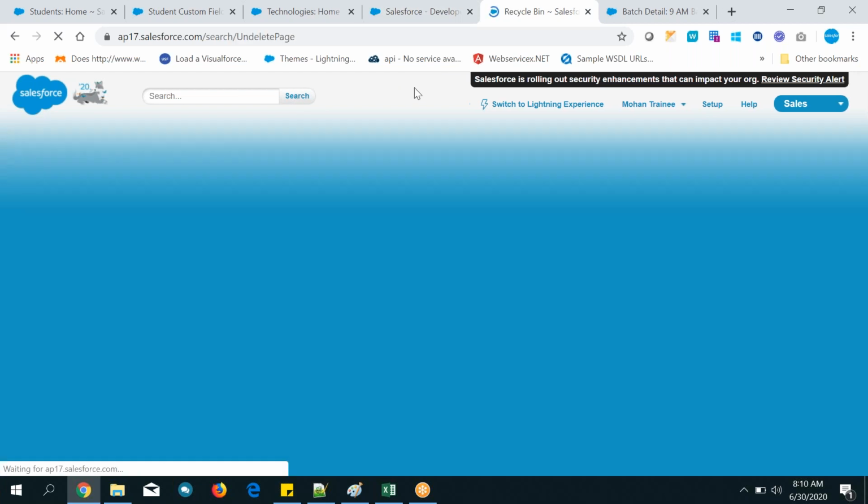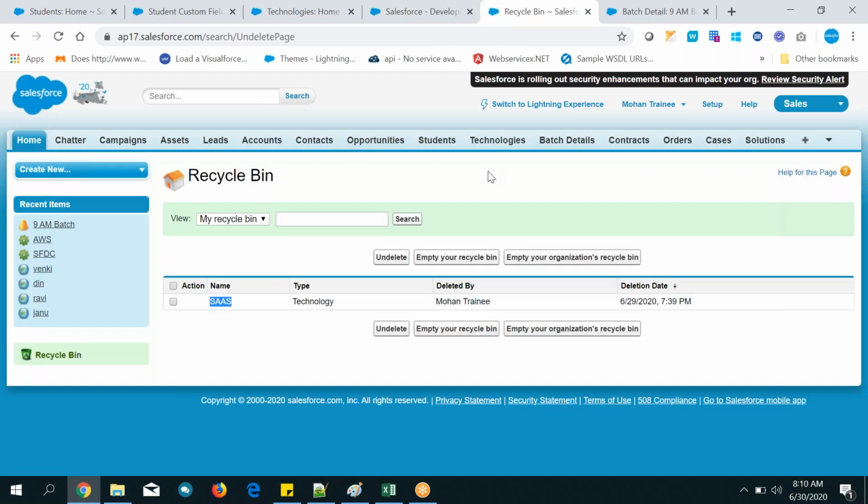Go to the recycle bin. Can you see the child records which I have deleted, that means the student records? No, right? We have seen only the master record which you have deleted. That will be displayed in the recycle bin. Where have the child records gone? In the back, behind the scenes, they will be there. So if I want to restore child records, simply you can restore the master record so that the child records are automatically restored. So let's restore the master record and delete it.